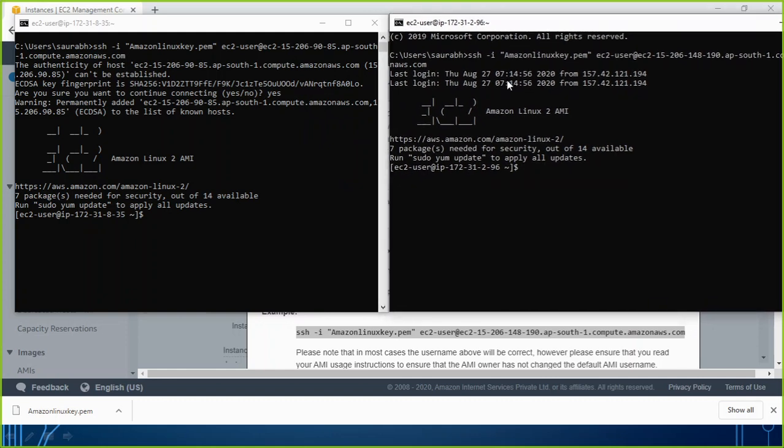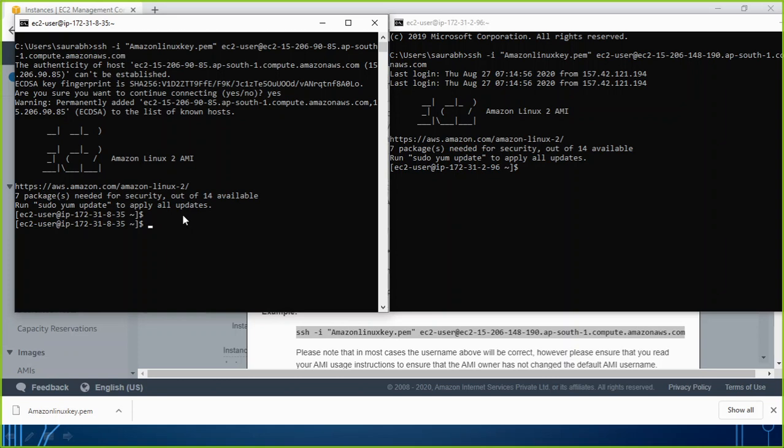The only difference, if you remember, is that on one instance I have run some bash and on the other instance I haven't run any bash. So how will you check this from here? Let me show you something. For one machine, let me check the status of the HTTPD service.